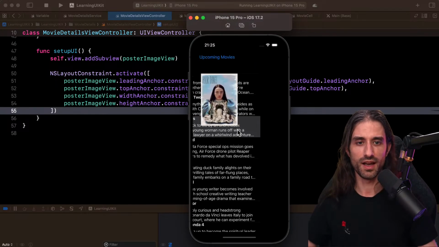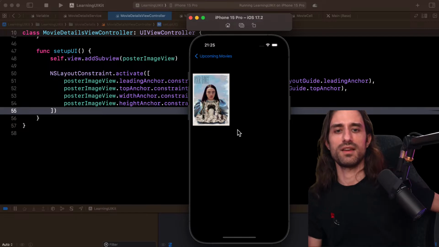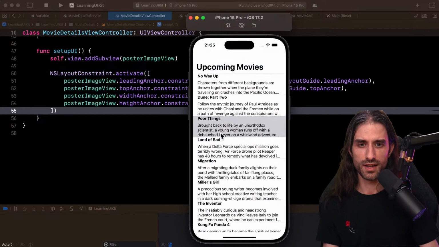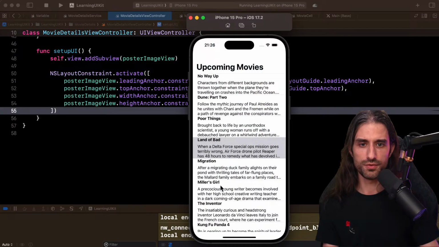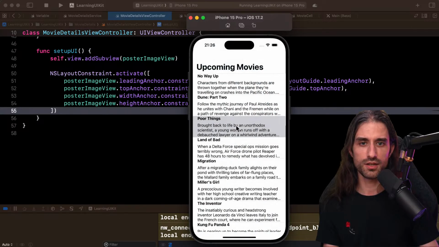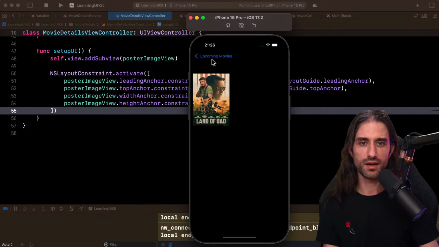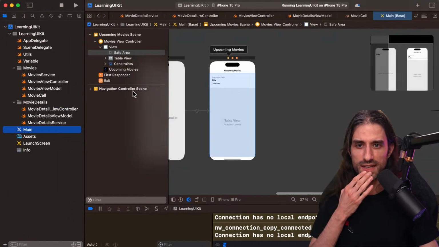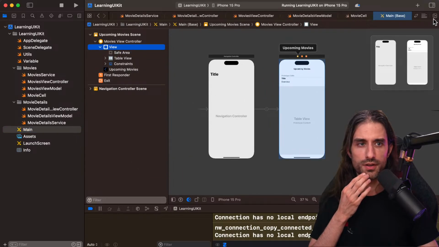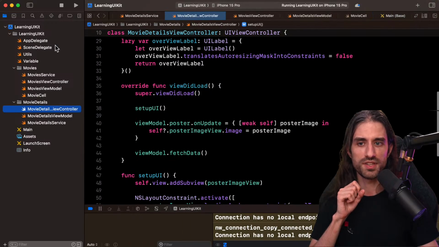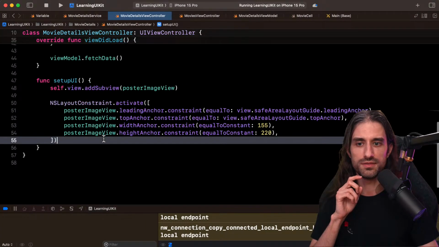You can see that it's fixed. We have one problem, which is that it seems that the background color, let me put it back into light mode, the background color of the view isn't being set properly. So you can see that the animation is quite awful. But I think by default, in a storyboard, the view has a background of white, and probably when you do it programmatically, it doesn't have a default